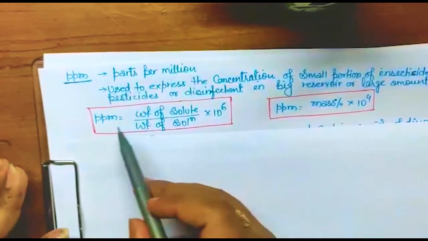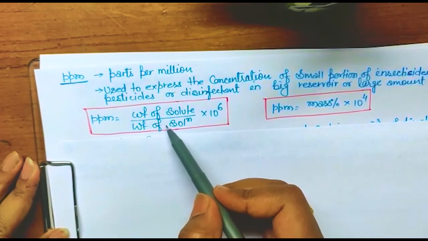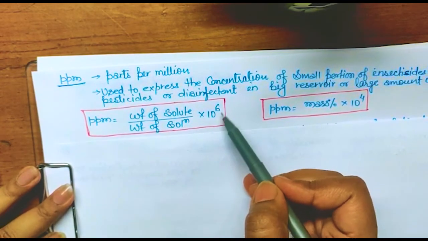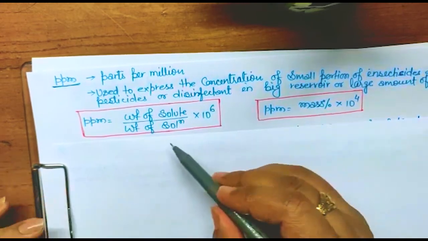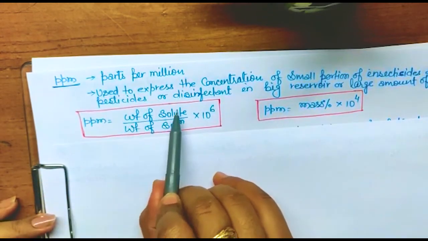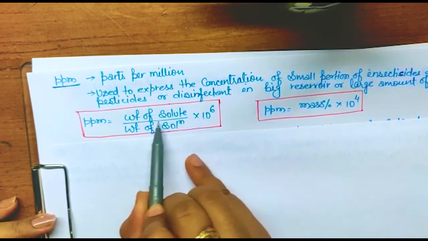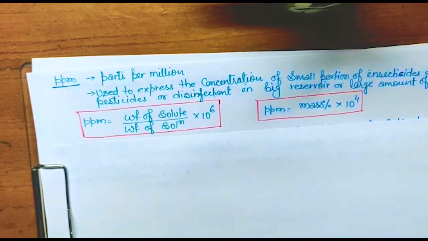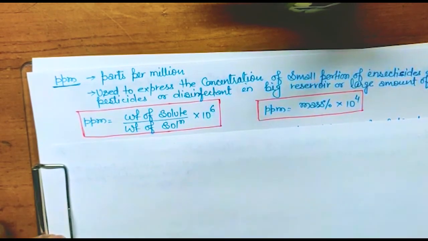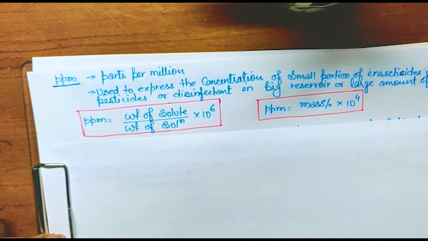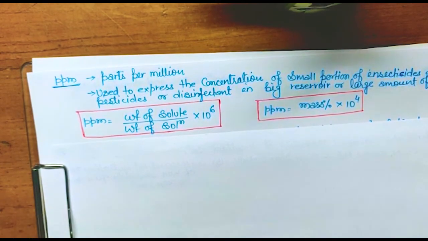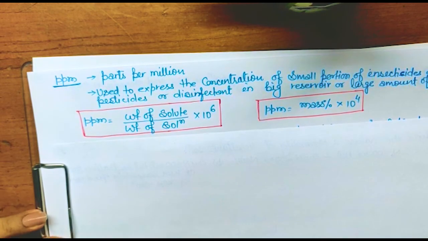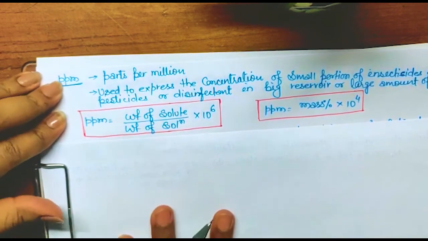There is a formula given: ppm is equal to weight of solute upon weight of solution into 10 to the power 6. Okay, this is million. It can also be explained in this way: weight of solute upon weight of solution. Can I take 100 from this? If I take 100, then this part will be considered as mass percentage, isn't it? So 10 to the power 4 is left, that will be written. So this topic we will do on the formula only. No need to use any unitary method, no need to use any stoichiometric calculation. It is simple formula based, and we'll do it in a very rapid way. We can find the answer. Okay, so let's start a question.